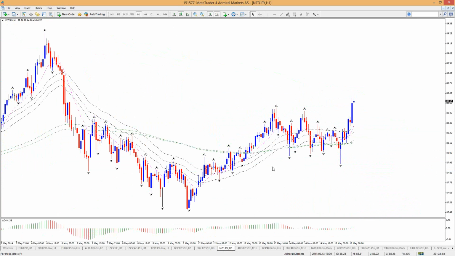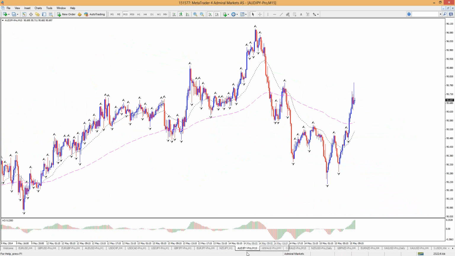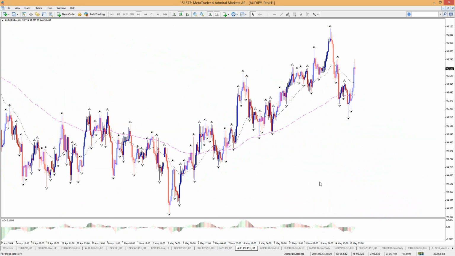Kiwi yen didn't make it to the downside. It did break this trend line, but the Kiwi was one of the stronger pairs apparently. And although the yen pulled the New Zealand yen down, it isn't as bearish as the euro yen. And that has everything to do with the euro New Zealand moving down as well. We'll take a look at the euro New Zealand in a second, of course. Aussie yen is following through to the upside as well. It's getting a bounce,